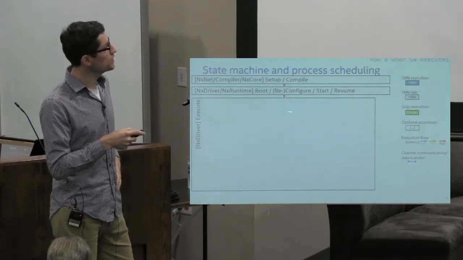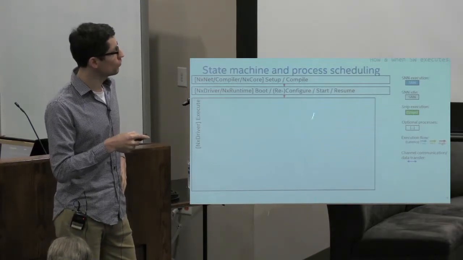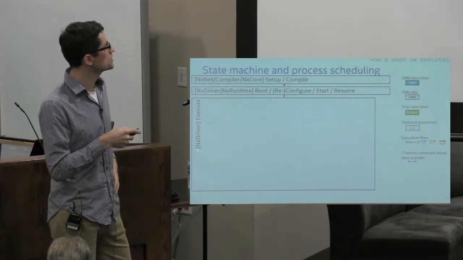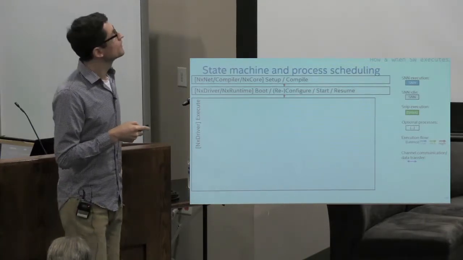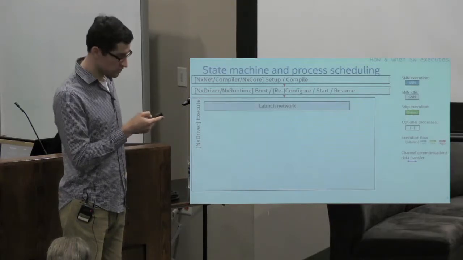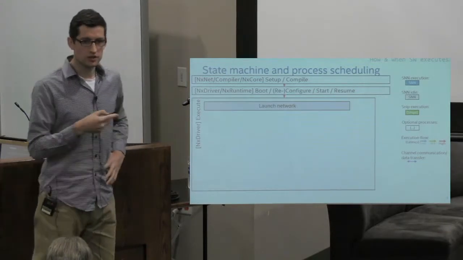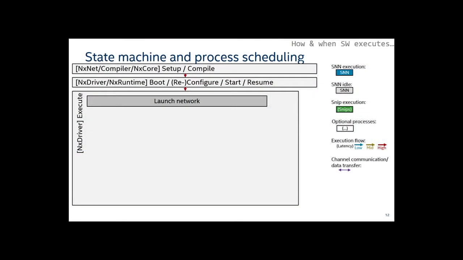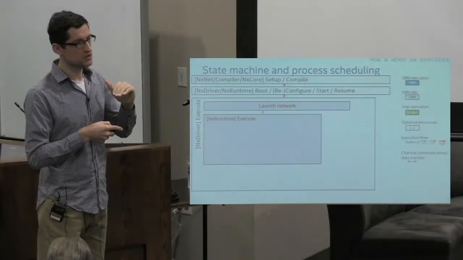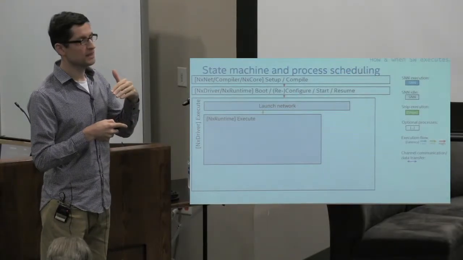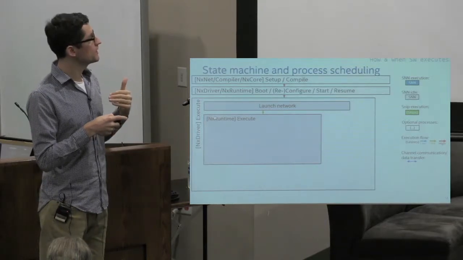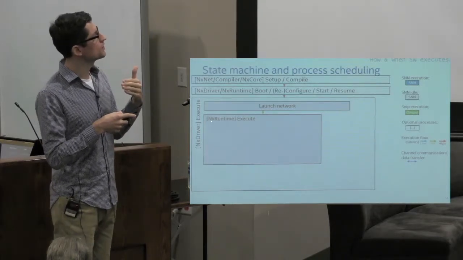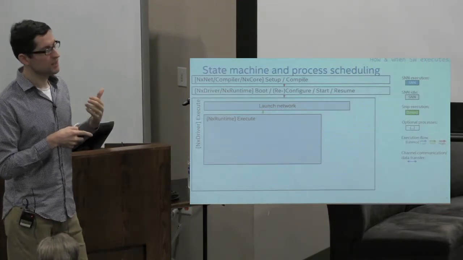And then we enter the main or the next level of the execution loop, which is orchestrated by the driver. And what's going to happen here is, well, we launch the network. So we're doing a little bit more setup configuration, and then we again pass on the control from the NX driver level on the host down to the embedded Lakemont CPUs, which are then running in close interaction with the neurocores. So we then enter the main execution loop in the NX runtime, and what this NX runtime layer is going to do,